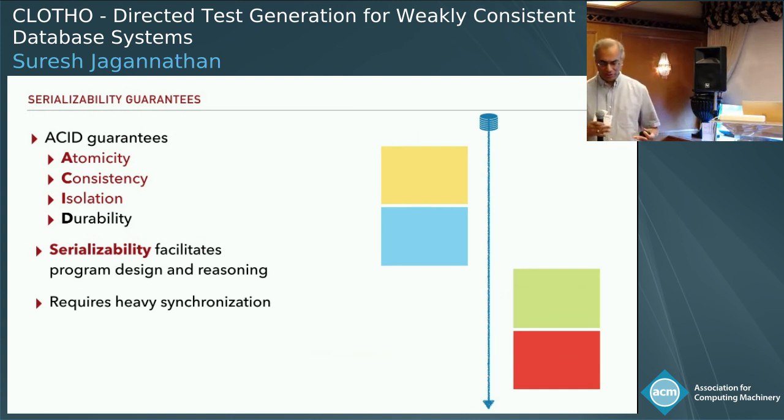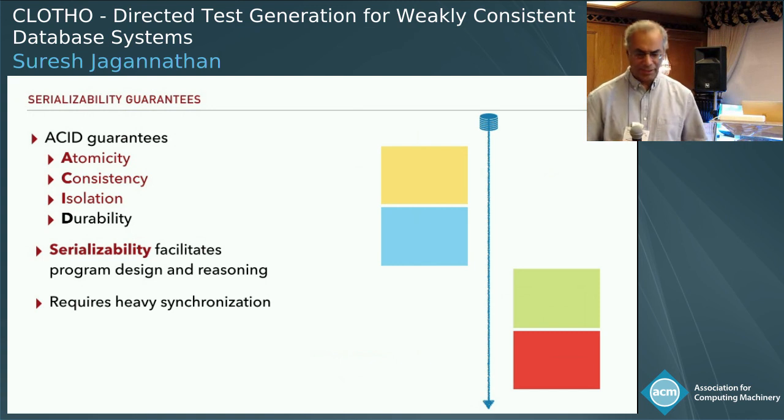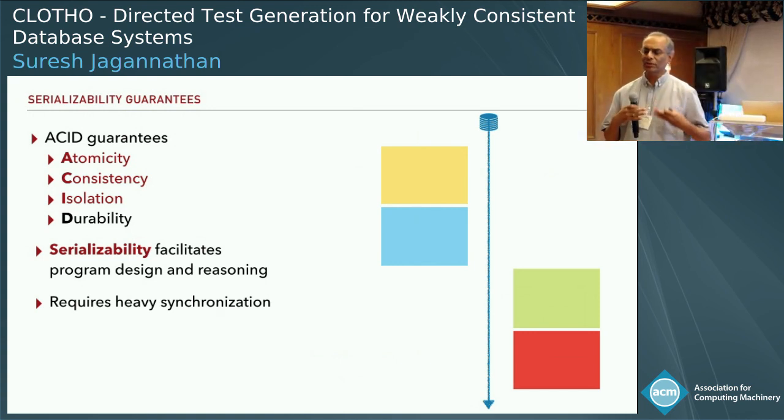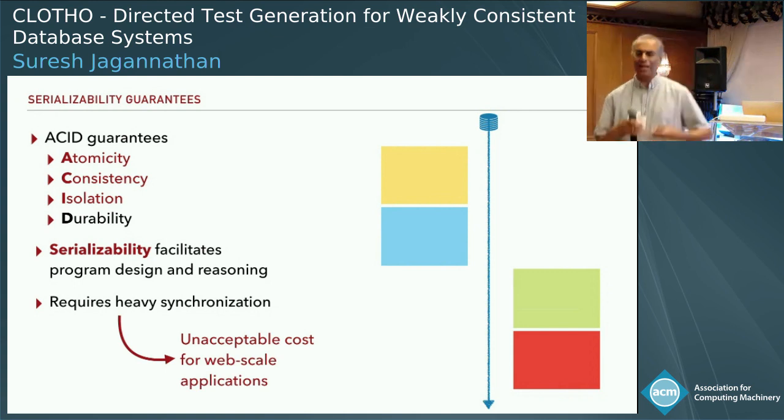So serializability is all well and good, but if we want to actually realize it in practice, we have to impose certain constraints on implementations, and these constraints are actually expensive. They're not cheap, and so most databases which want to provide serializability must do so using significant synchronization and other heavyweight mechanisms to allow programmers the luxury of thinking in this very simplistic and elegant world.